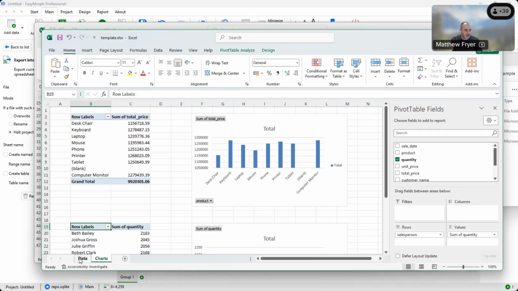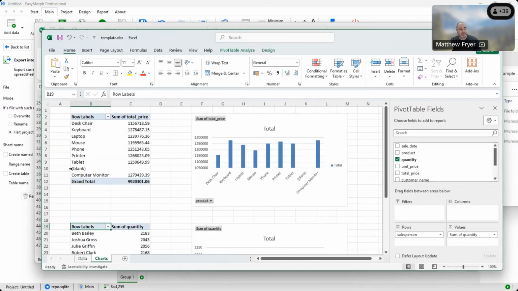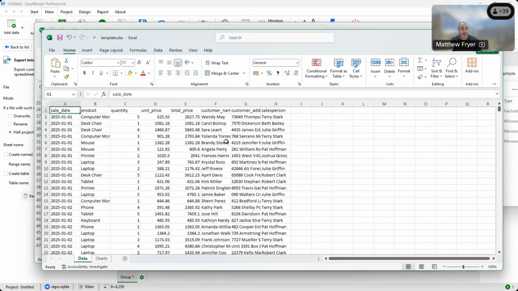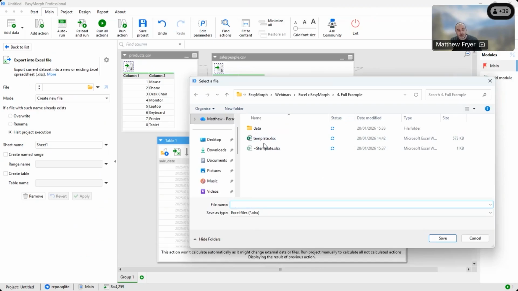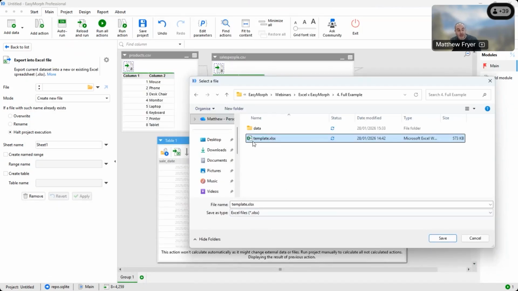Obviously, you guys have probably got Excel reports that are far more interesting and rich of dashboards and charts and things. But this one's simple, 2 sheets, a data sheet, and the charts and pivot tables based on that data. We want to update the data in this existing template, not creating a brand new file without all of those charts. So as well as being able to create a new file, I'll pick that existing template. In fact, let me close it in Excel, otherwise it will lock it up for me. I'll pick that existing template,